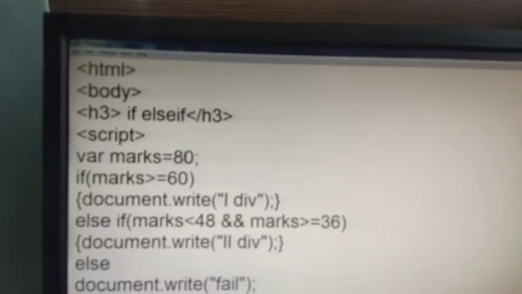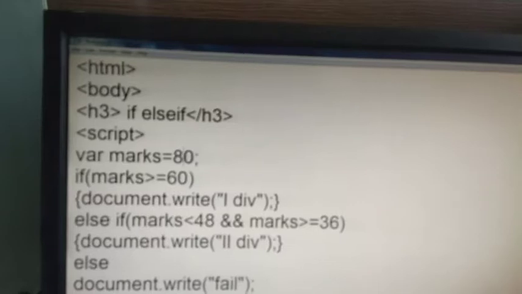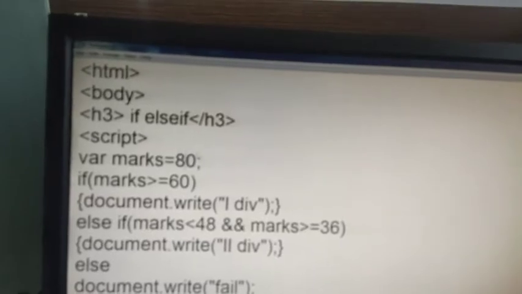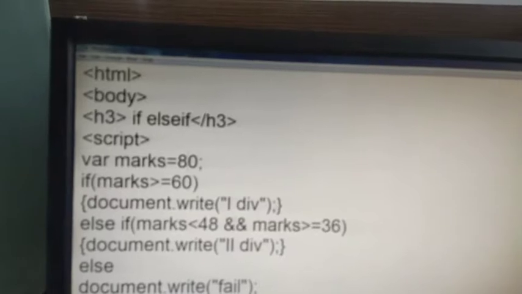I have kept the value of marks as 80. So marks is a variable which is initialized with 80. If marks is greater than equal 60, okay, then document dot write first division.